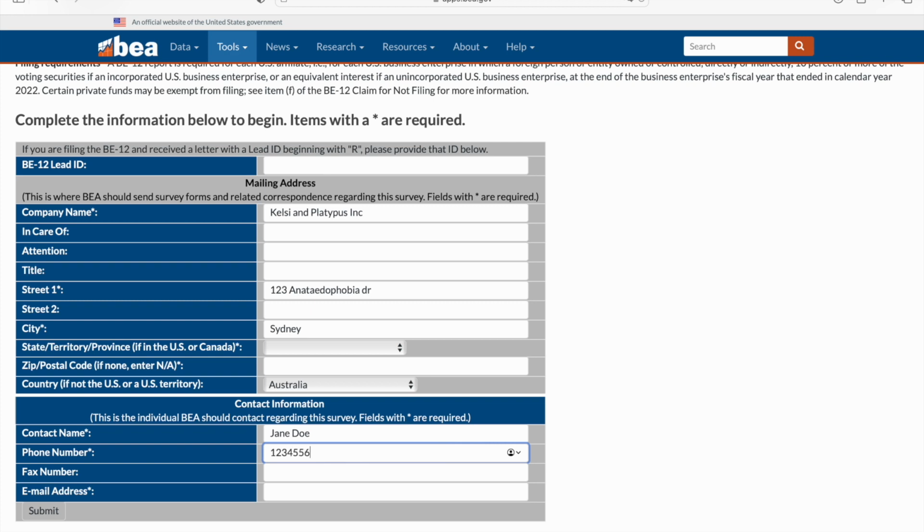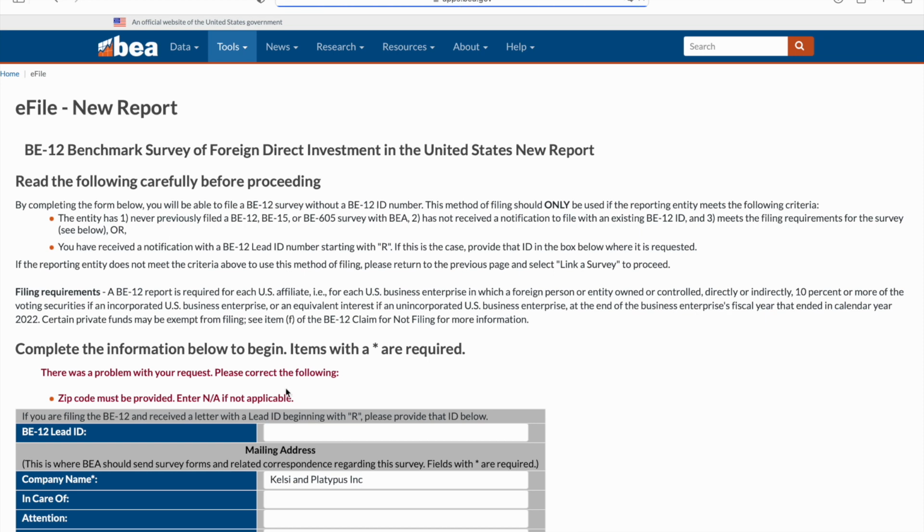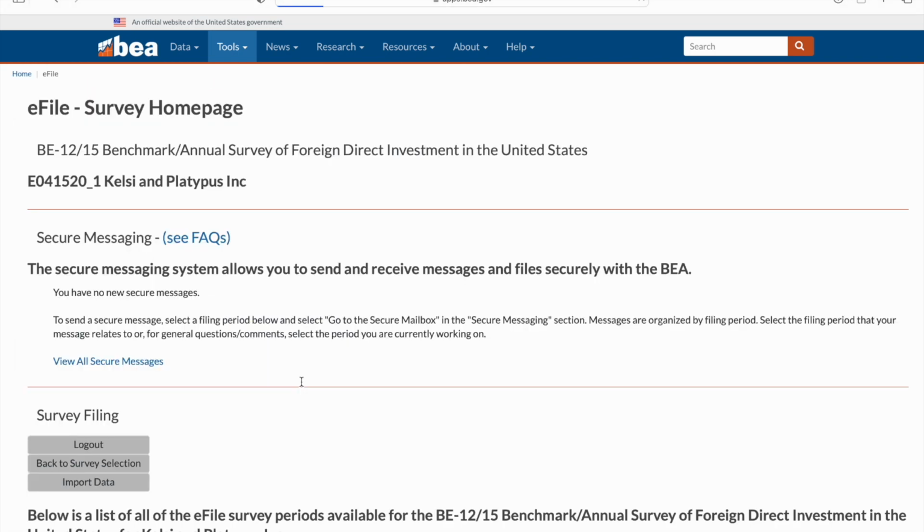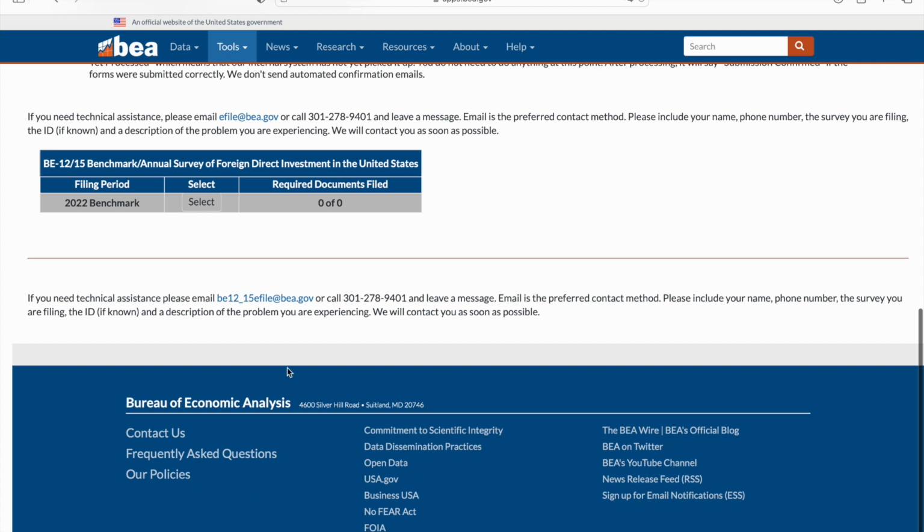Their phone number. And we're gonna click submit after we're done. Looks like we missed the zip code. So after we click submit, we're gonna scroll all the way down, and here we'll see BE12 or 15